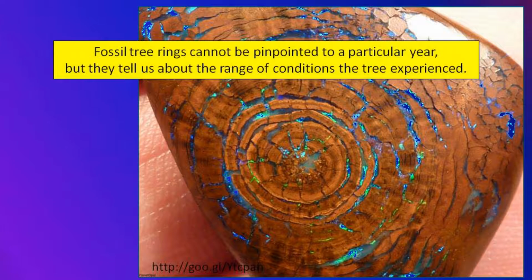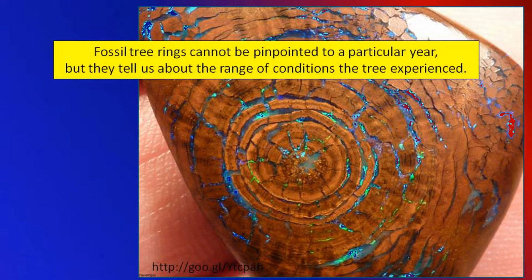In some cases, what we find are fossils of trees, like petrified wood and so on. Now, fossilized tree rings can't be pinpointed to a particular year. I can't look at any given ring on this tree and say, oh, look, 7,323 years ago was a bad year. No, but I can tell if this tree is from approximate, maybe by radiocarbon dating or something, I can tell